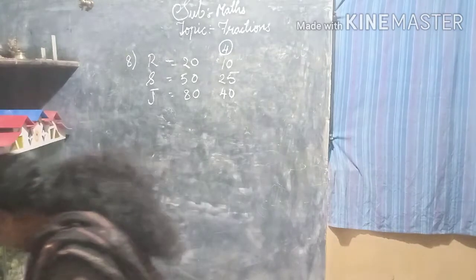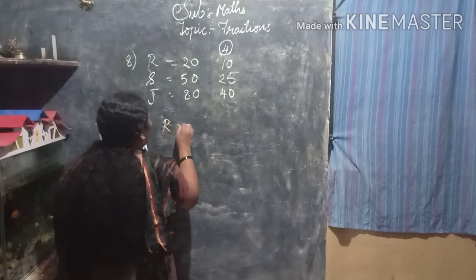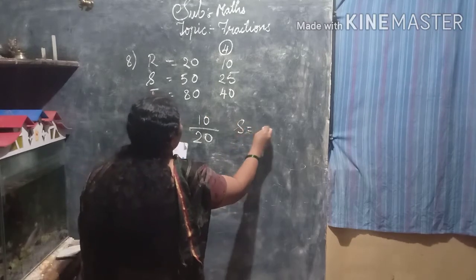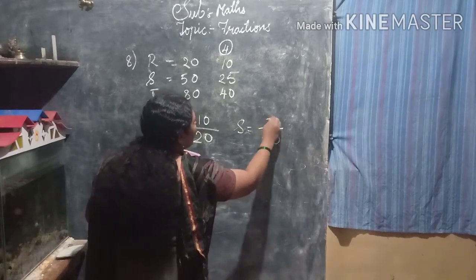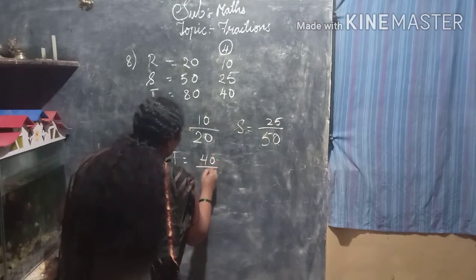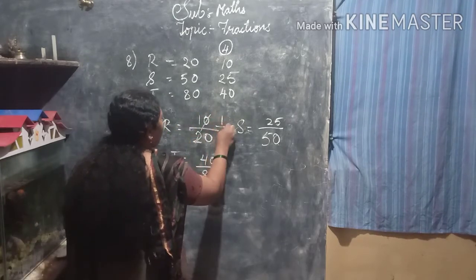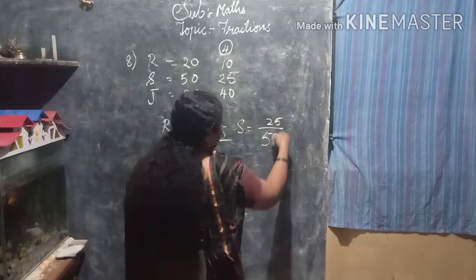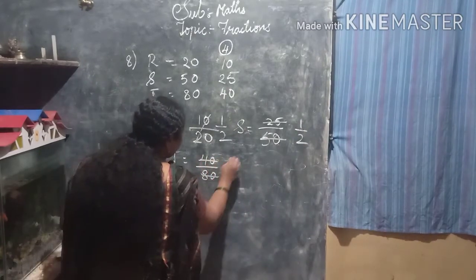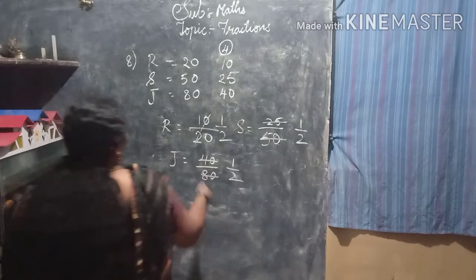So let us try this. First of all, let us do the fraction for it. So total Ramesh had was 20. Out of that 10 is being used. Now Sheelu had 50. Out of that 25 is being used. Jamal had 80, out of that 40 is being used. If you reduce the fraction, it becomes 1 by 2. In the 25 table, if you take again, this is 1 by 2. Jamal, if you take again, it is 1 by 2. So very nice. So everything is an equal fraction.